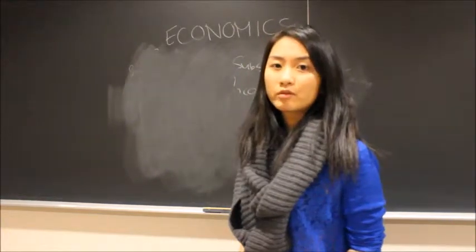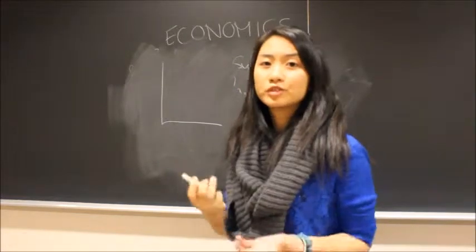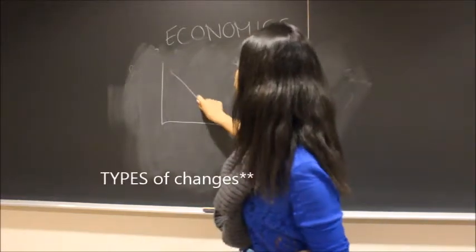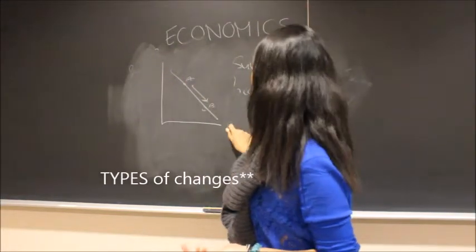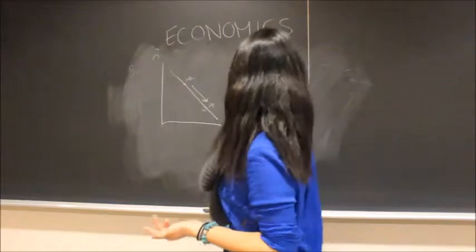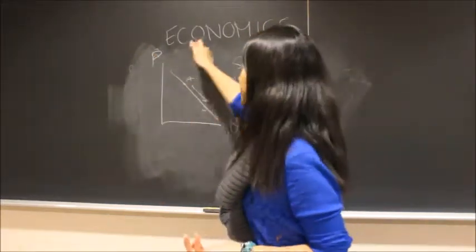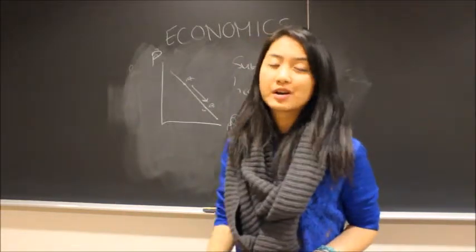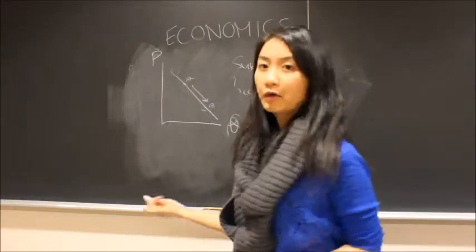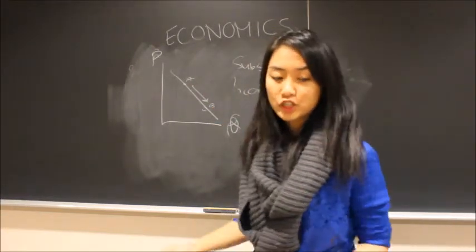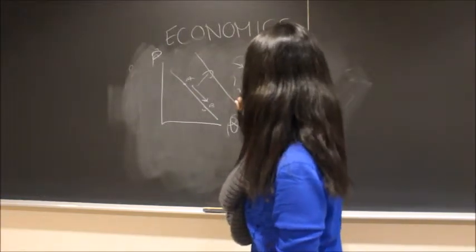So now we're going to talk about changes on the demand curve, and there are 2 major changes. One would just be movements on the demand curve from, like, let's say A to B, and this would just be a price change. So if this was the demand curve for butter, if the price of butter dropped, then that would be the movement. Alternately, you have a shift in the demand curve, and that would be, let's say, demand of